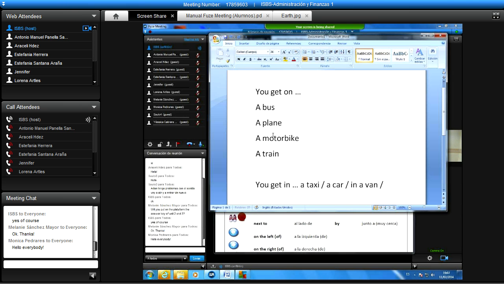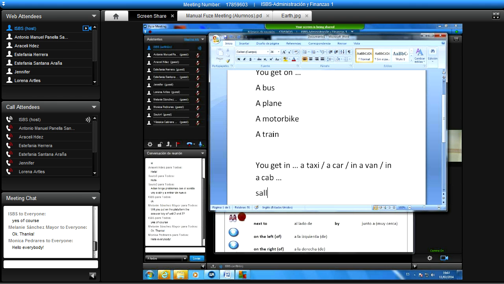So it's more or less when it's a small vehicle, a saloon car, si es un turismo, como taxi car o saloon car, turismo, un turismo, saloon car,